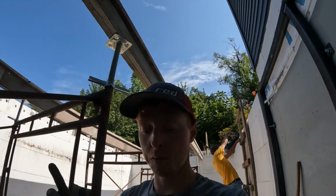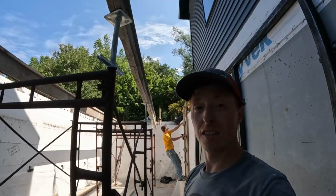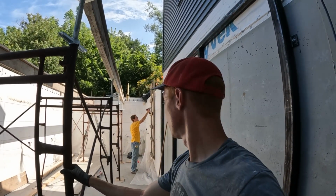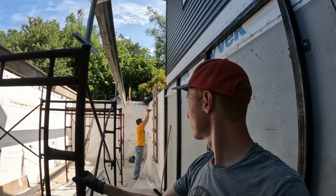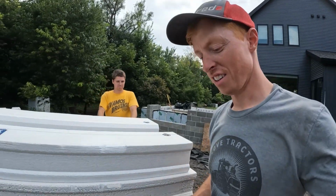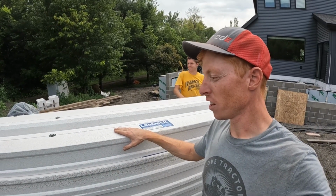Now that we've got these beams up, it is time to take our makeshift ladder down. Kind of sad, it was kind of my tree fort ladder. I'm not sad. It's time to come down, it's time to get the LiteDeck placed. Epic. Prepare for an epic